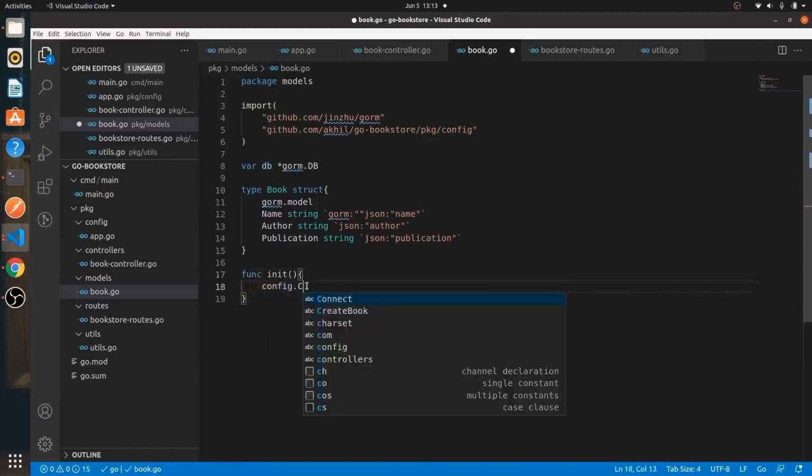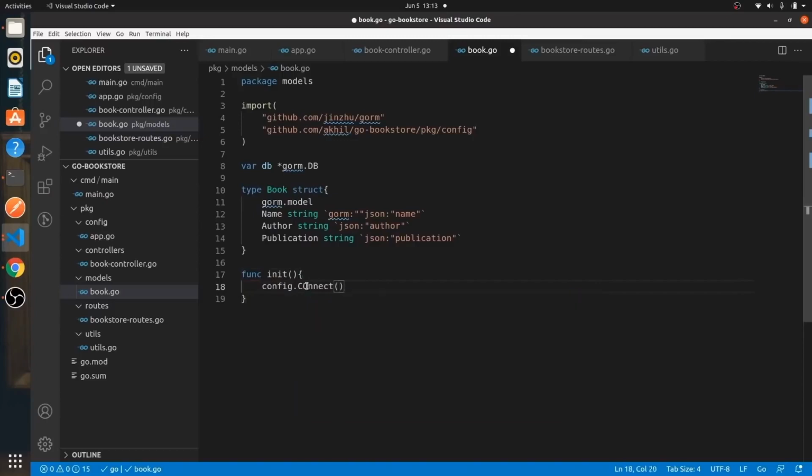So config.connect, this is the function that we created together just some time back, which is the connect function, which helps us to connect with the database. That's inside the config folder. You know that already. And db is equal to, so whatever we get from that